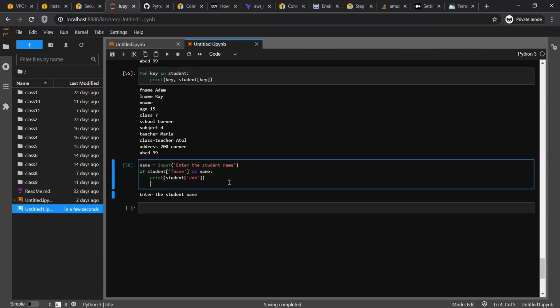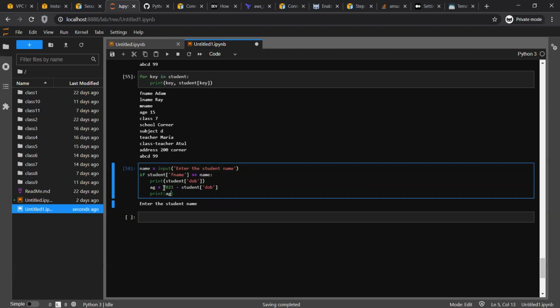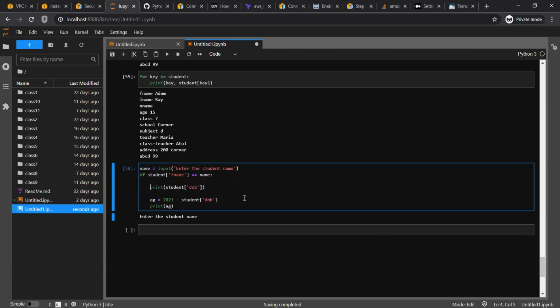Let me do one quick calculation here. Again, I'm just doing random things here. 2021 minus, and I'll explain what I'm doing here.